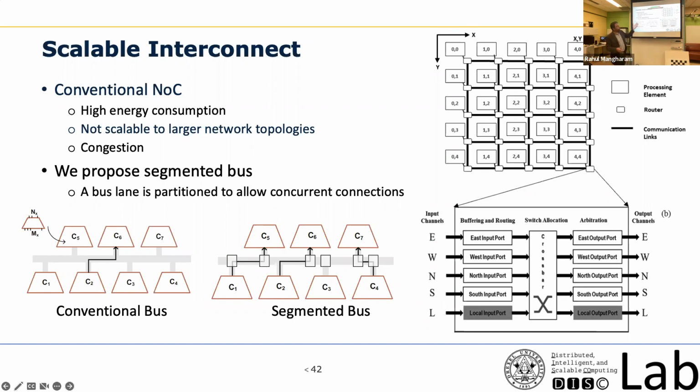But we have moved away from network on chip, and we have implemented something called a segmented bus. A bus is a single bus where multiple things can communicate, but you have to arbitrate. But once you have allocated one particular core connecting to another, the bus becomes useless because you cannot use it for any other purpose. So what we did is we segmented the bus such that multiple parallel connections can happen. Plus, the routers are very simple, not routers with ginormous structures.